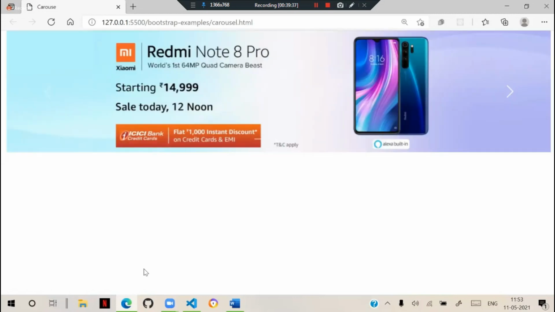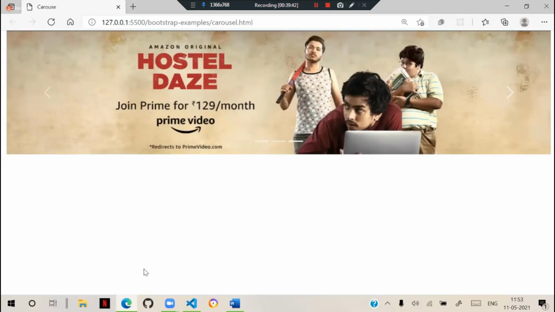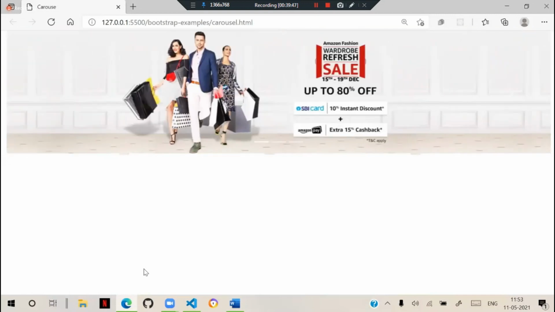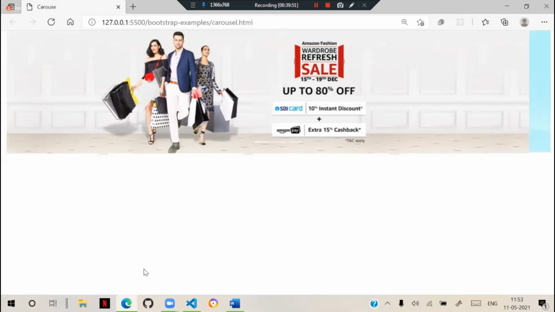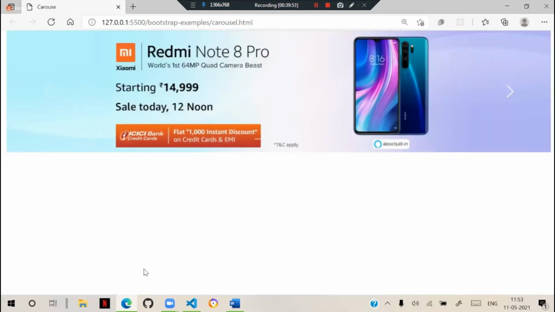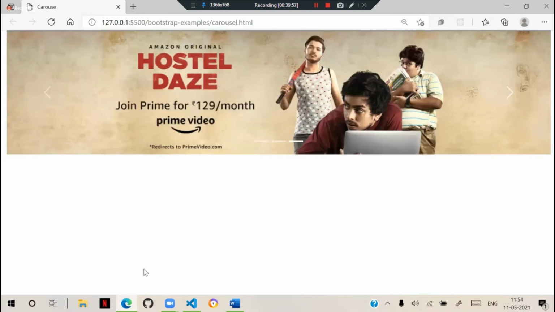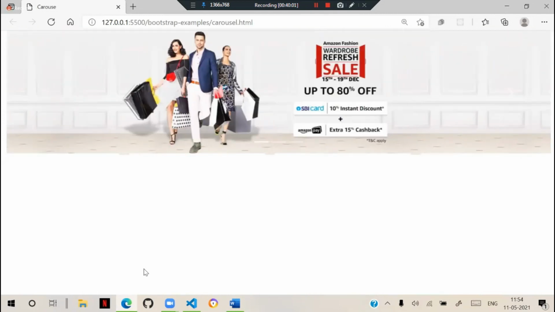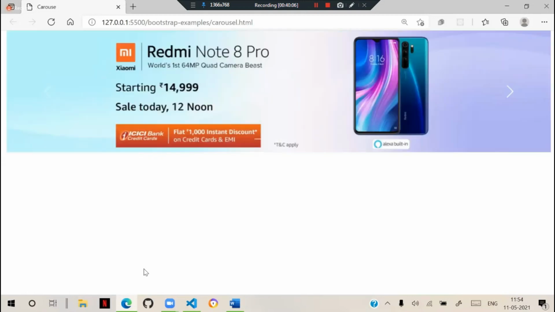For touch devices, we can manage that by using data-bs-touch. I will tell you in JavaScript how to write touch events. Touch options allow us to manage the combinations with touch screen devices.